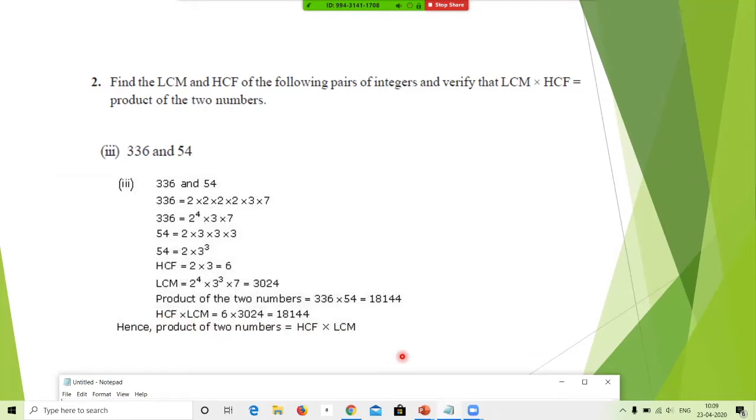But the method I did was first I used the Euclidean theorem to find out the HCF, and then I used this formula to find the LCM. No, you will not use the formula because they have asked us to verify. Understood? In this particular sum, you will not use the formula. Otherwise, marks will be cut off. You will lose marks in the verification part because that means you already have taken it into account, and you will lose marks in the LCM part also. So be very careful what the sum says. Depends on the sum.